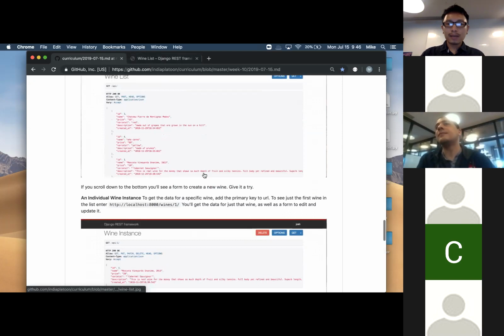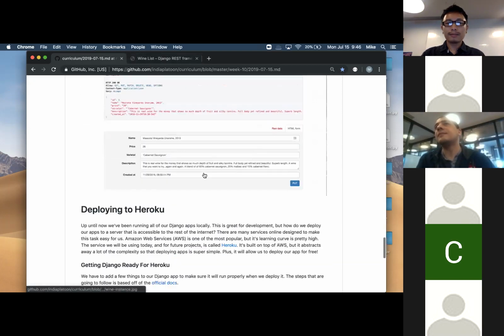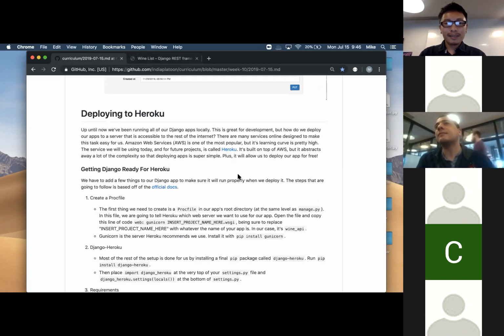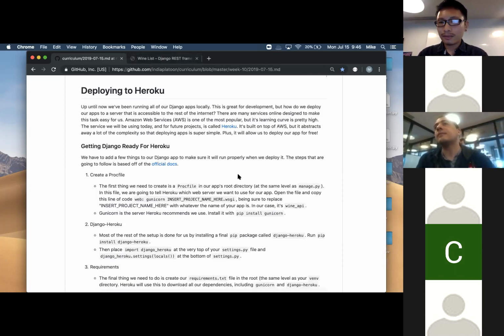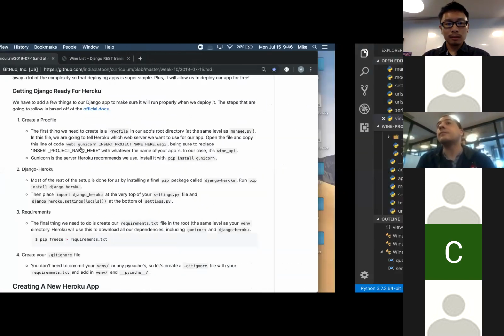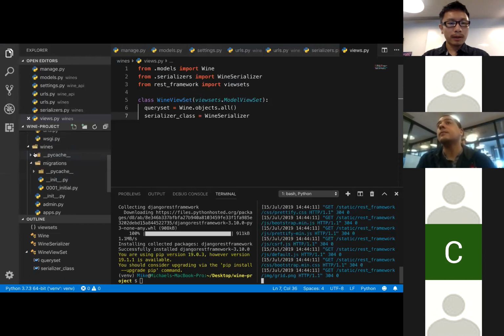So we have this awesome thing here, and we can deploy it to Heroku now. And I'm gonna try and do this. So when you do this, read through carefully. Do each thing. I'm gonna do it a little quick, but